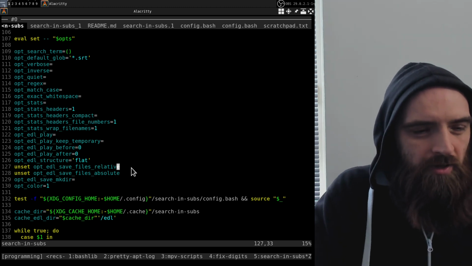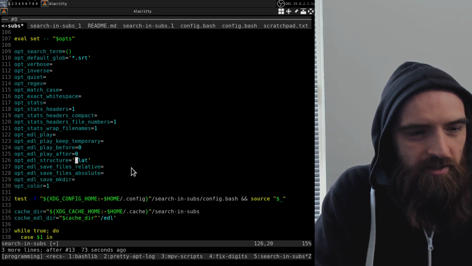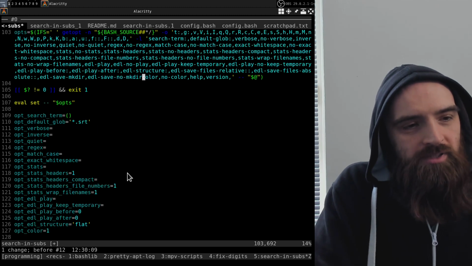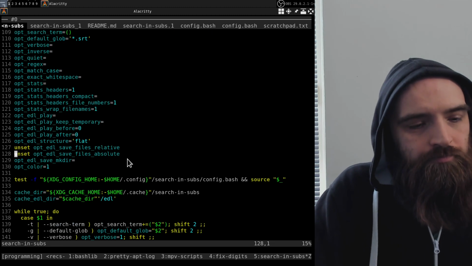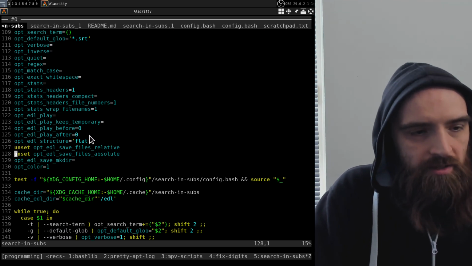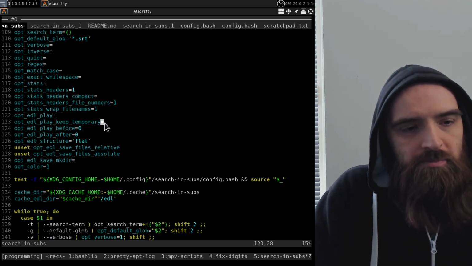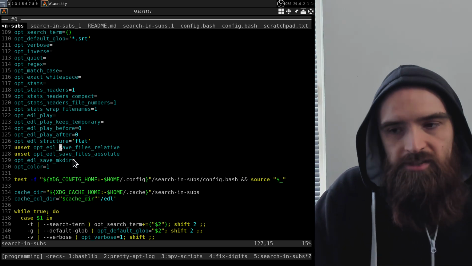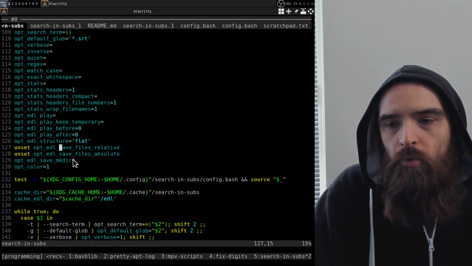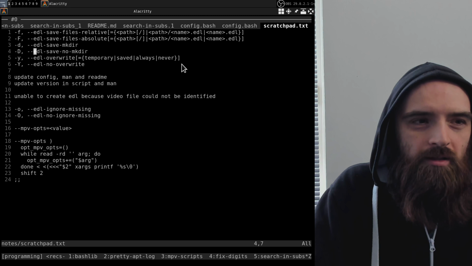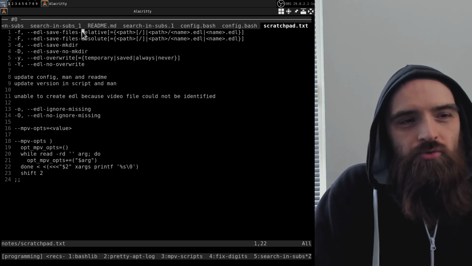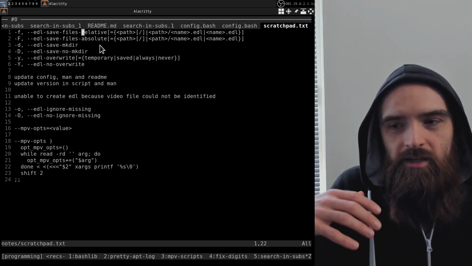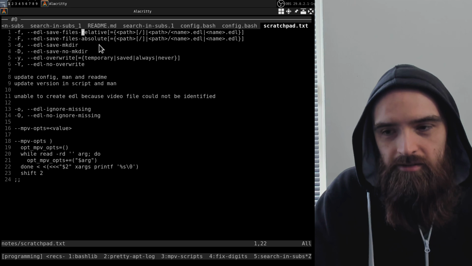And the reason why I don't want to do this, because I could say that this will represent the unset state, is because I want to distinguish: bash can basically distinguish whether the variable has been set to an empty string but still declared, or if it's not set at all. And when it's not set at all, that will mean that the user did not request saving the files, and that means just create temporary files if